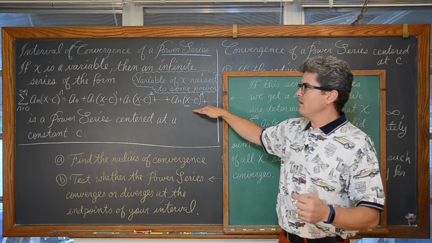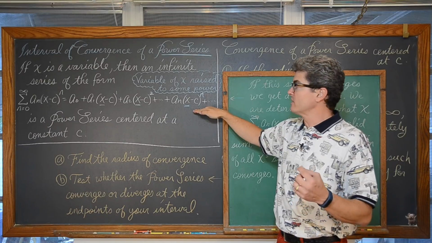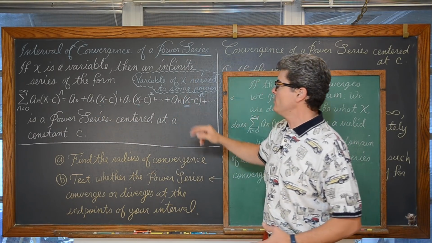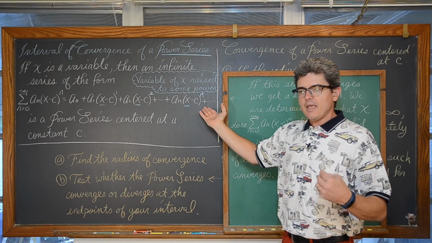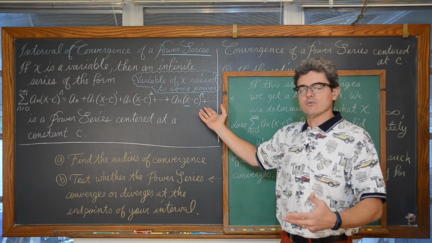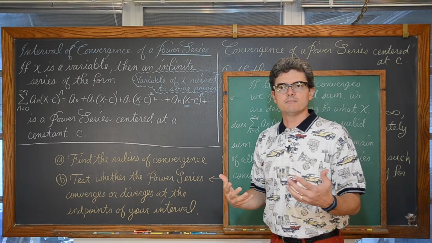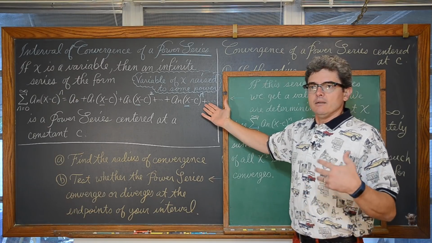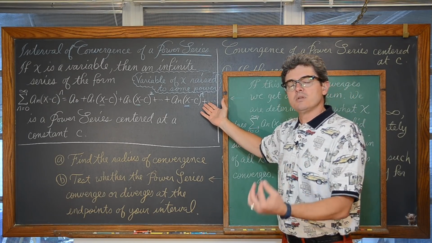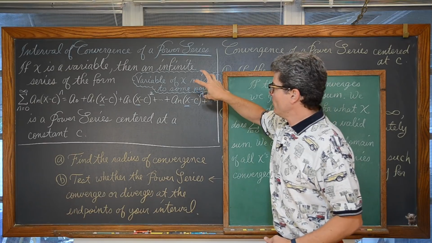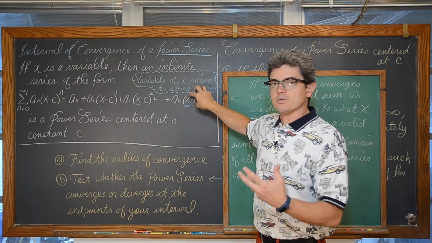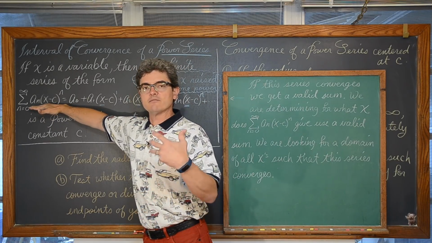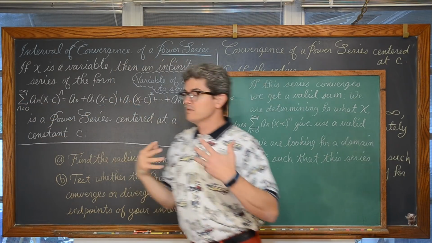So when we are trying to determine the interval of convergence, what we're actually trying to determine is when we plug in some value of x, we get a series, and does that series converge or diverge? Do we get a real sum from that series? If we get a real sum, that occurs when our series converges. And so if we get an actual sum for the series, if this series is converging, well, then this is going to give us that valid sum.